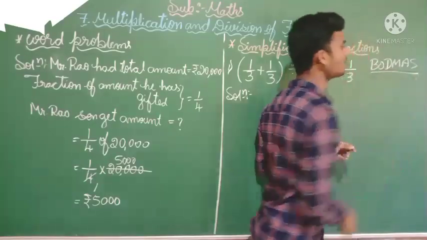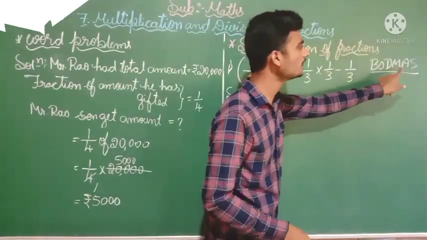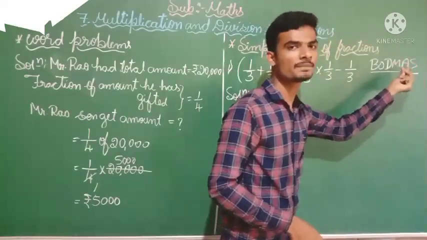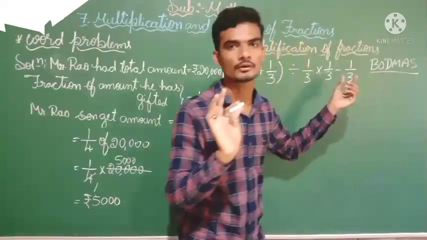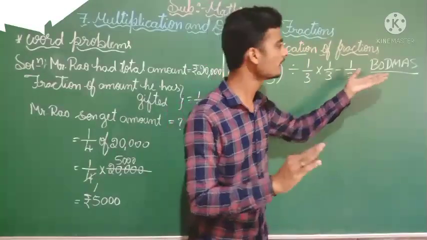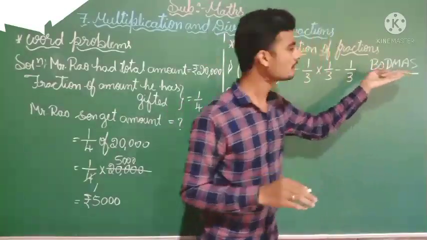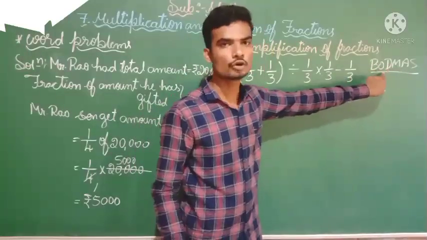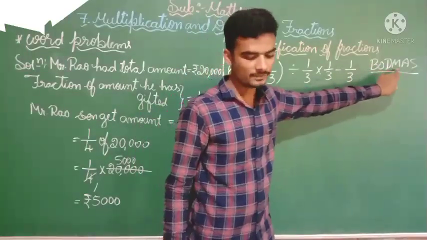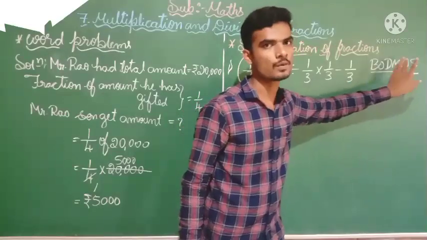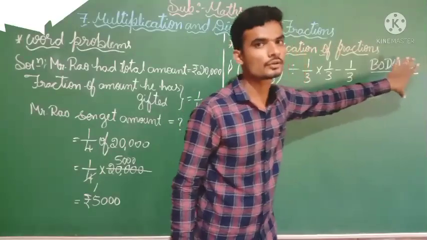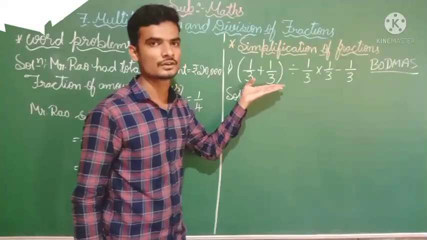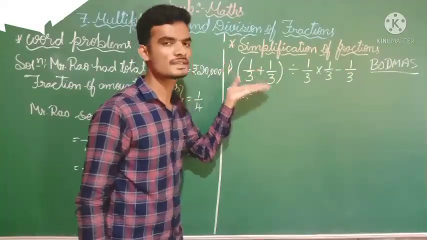You have to remember this well. BODMAS. If you replace even one step, the whole problem will go wrong. So you should not make any replacements. You have to follow this order itself. BODMAS is the rule you have to apply for this type of problem. So now, how to simplify?